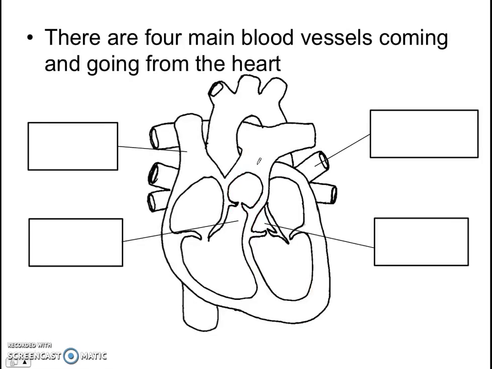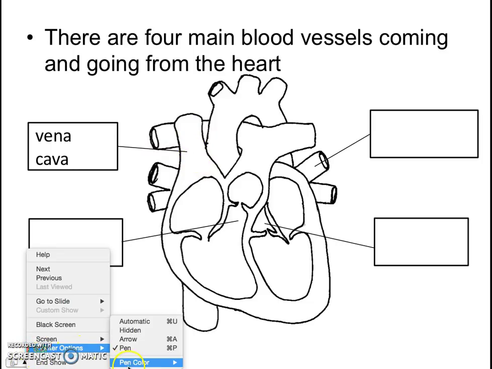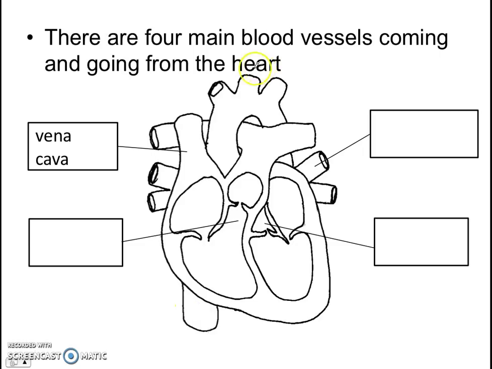Now finally, we have 4 main blood vessels which come and go from the heart. Now you already know the names of these 4 main blood vessels, but now you just need to learn how they look like on the heart. So the first one to introduce to you is the vena cava, which is over here. Now how do you recognize the vena cava? Okay, I'm going to change my pen color. Okay, the vena cava